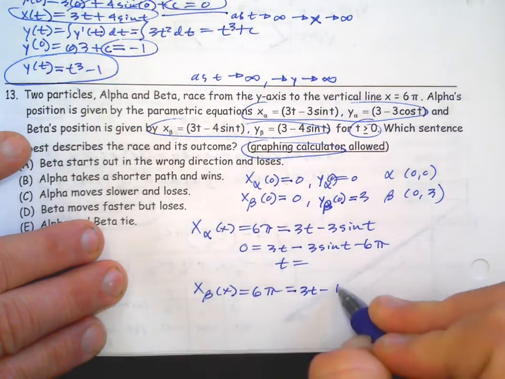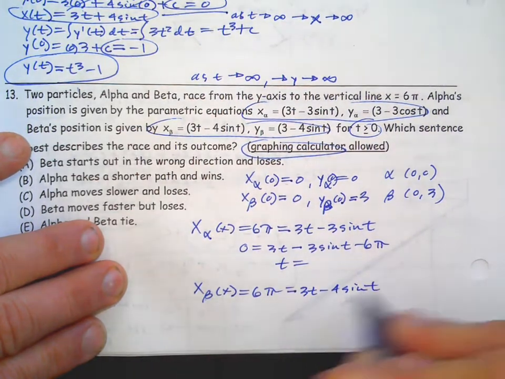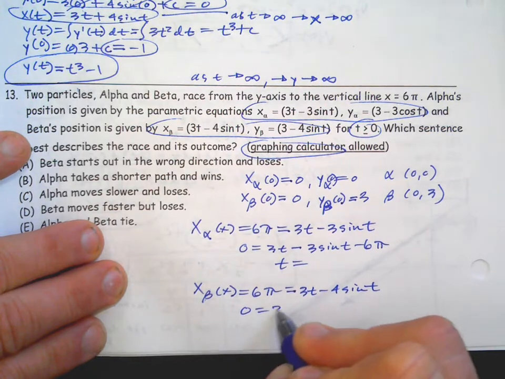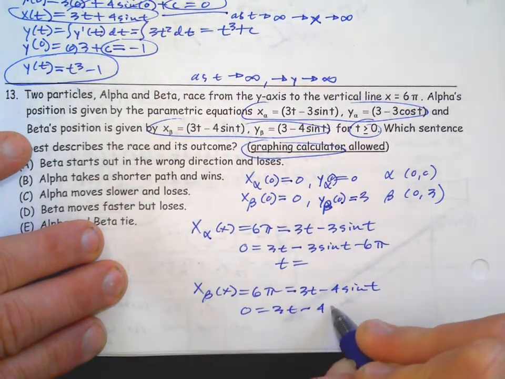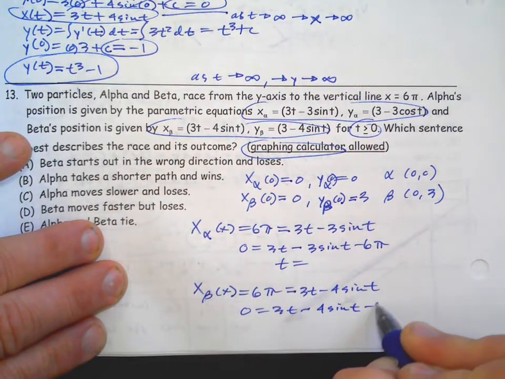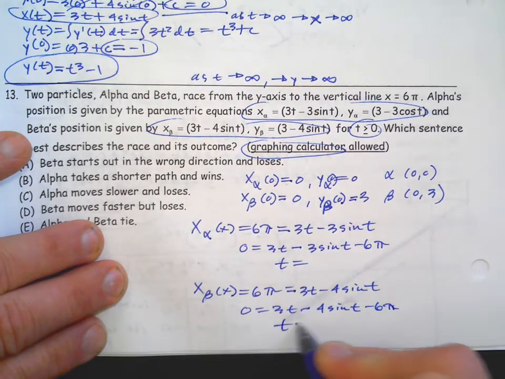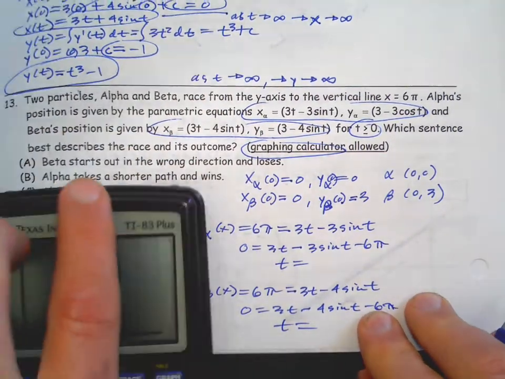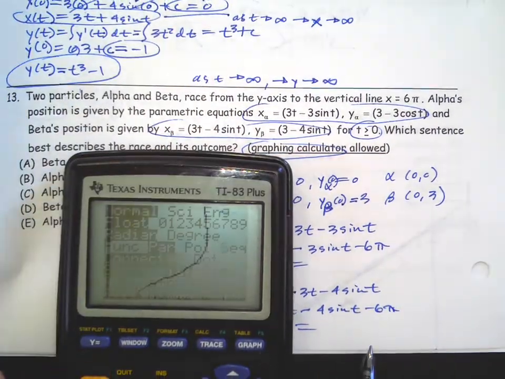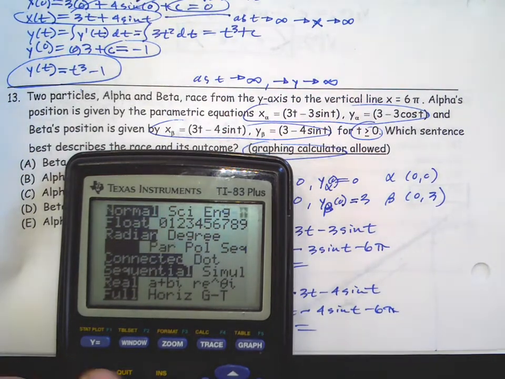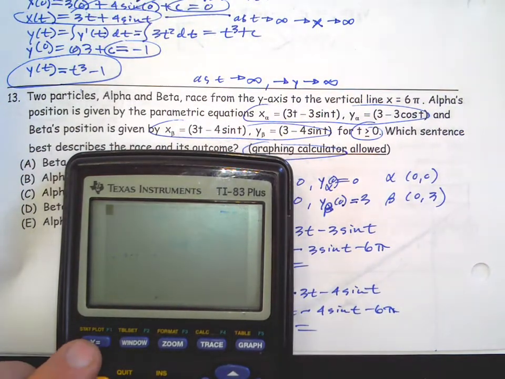3t minus 4 sine t. So 0 equals 3t minus 4 sine t minus 6 pi. And then I'm going to solve that on my calculator. So I'm going to solve these not in parametric mode, but there is something interesting we can do. So I'm going to go to y equals,